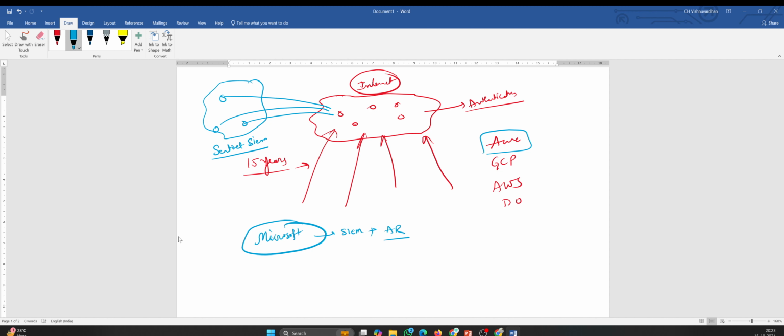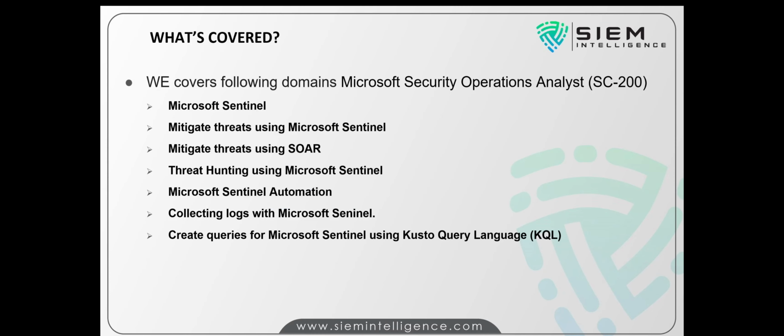Now the question comes, why only Microsoft? We have another product called Chronicle also. Google has also brought out its own SIEM, Chronicle. But because of the dependency on Windows, people are quickly migrating to Microsoft services, because most people use Windows as their operating system, and it's by Microsoft.